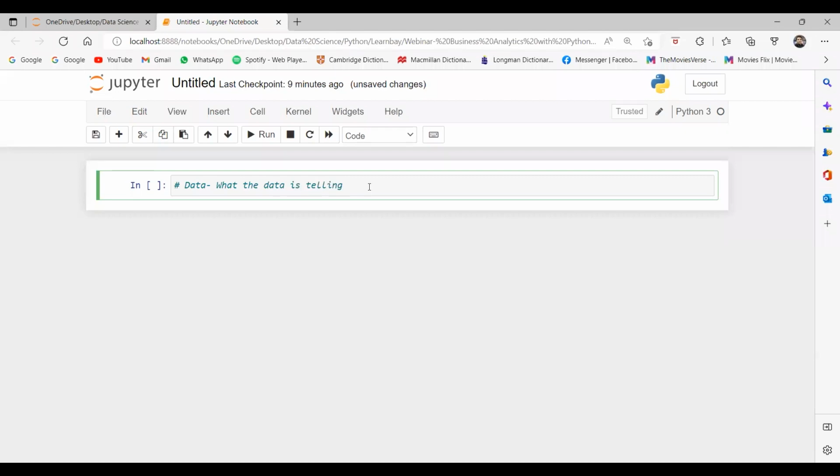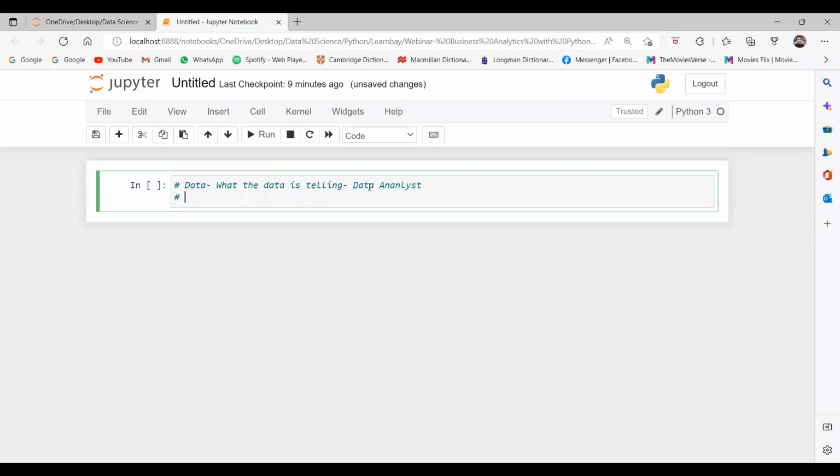What the data is telling, that is the job of a data analyst. It means the data analyst is giving some insights from the data. Now, what to make of it,